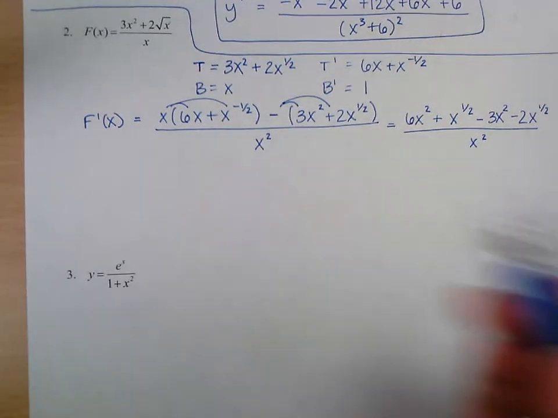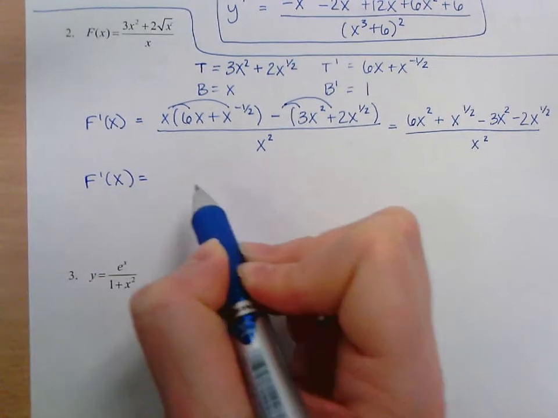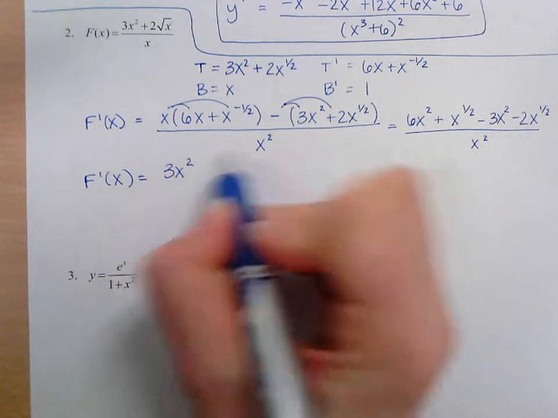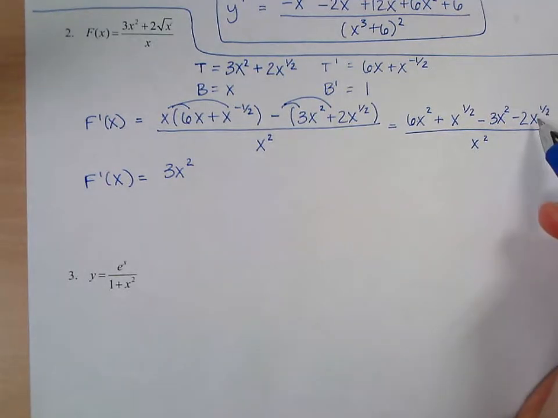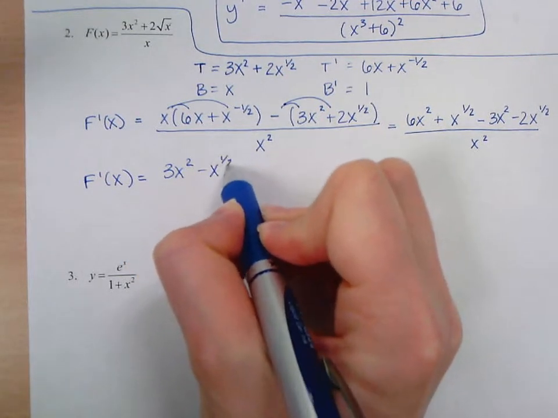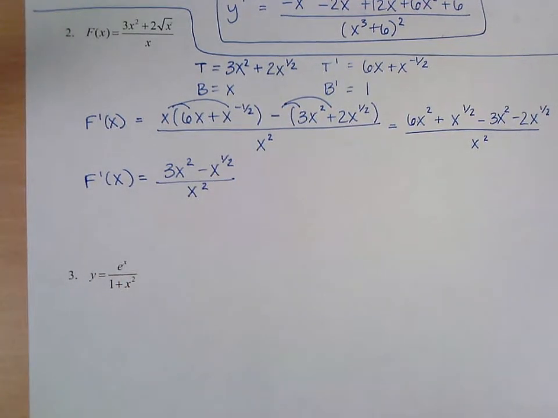And then I have like terms. So f prime is, let's see, 6x squared minus 3x squared is 3x squared. X to the 1/2 minus 2x to the 1/2 would be minus x to the 1/2 all over x squared. All right, so